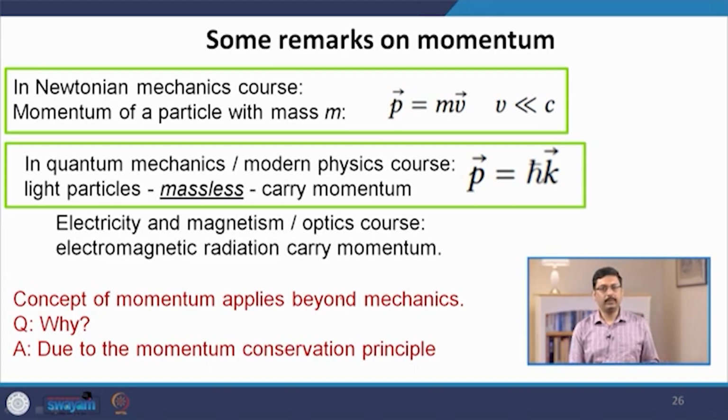In Newtonian mechanics, such as the course that we are studying, the momentum of a particle with mass m is defined as mass times velocity. Now, I must mention that there is a hidden assumption in this formula, that the speed of the particle should be much smaller than the speed of light. If the speed of the particle is comparable to the speed of light, where c represents the speed of light,